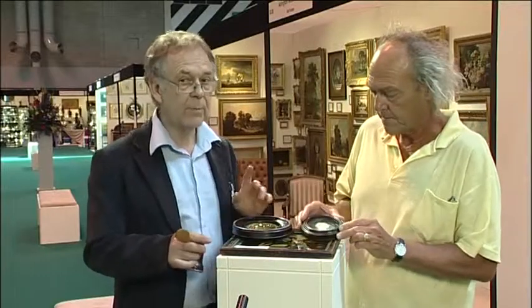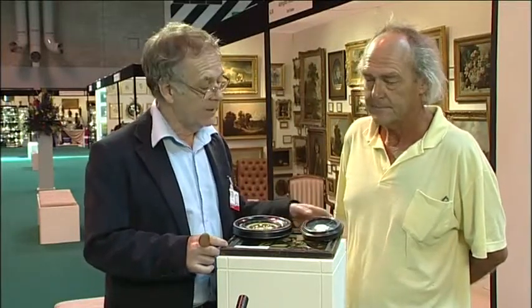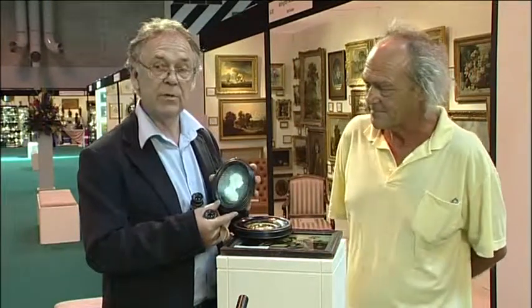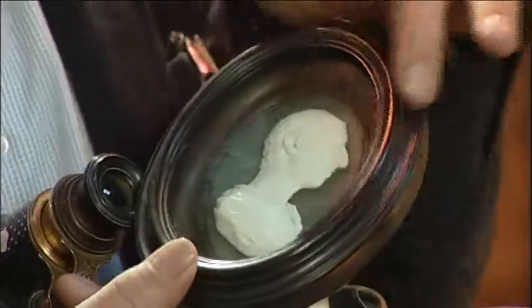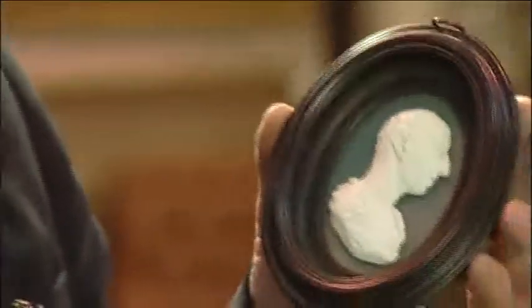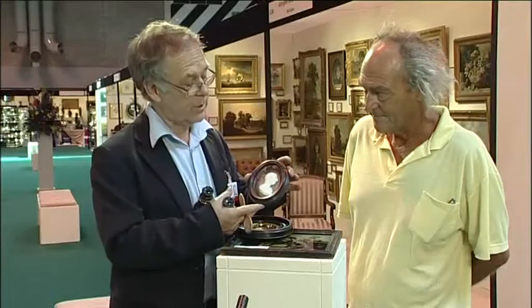It also means that people with insurance worries, if they do want to insure it, having that sort of accurate description is extremely valuable. In this particular instance, this particular Tassie is framed in its original pear wood mount, which is in itself quite a feat of turning, to actually turn an oval of that thing. The stained pear wood mounts of this period are typical, but to find one in such excellent condition